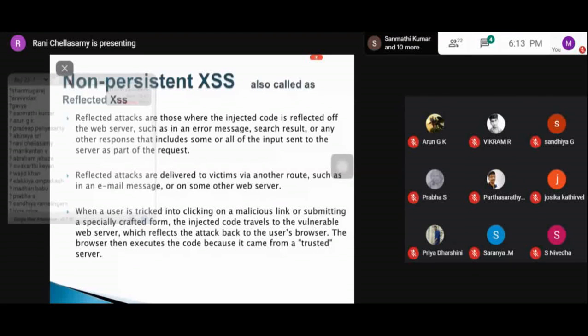Reflected attacks means whatever code the hackers inject will be reflected off the web server, such as in the error message or search result or any response that includes some of the input sent to the server as part of the request.